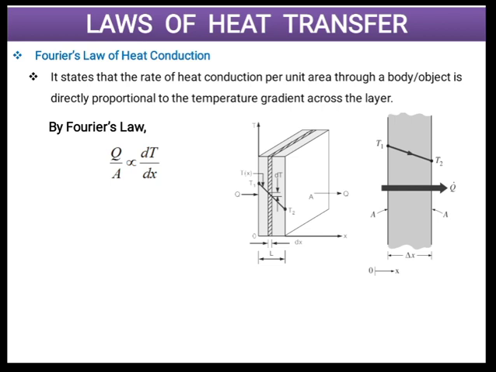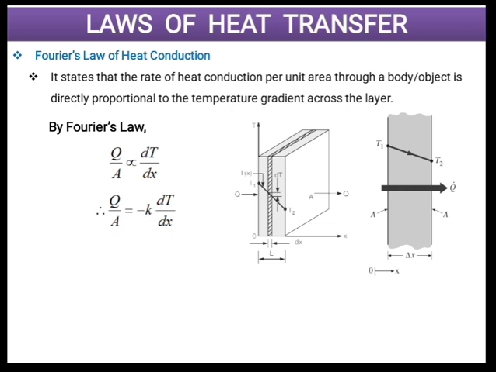So now we have heat transfer rate per unit area directly proportional to temperature gradient. We need to eliminate this proportionality sign. So we need a constant of proportionality. So we will eliminate that sign by introducing the constant of proportionality minus k. So it gives us q by A is equal to minus k dT by dx. Now, this k is known as thermal conductivity of material of that particular wall or that particular slab or object.